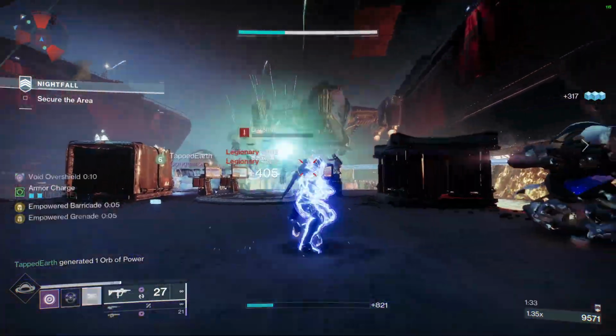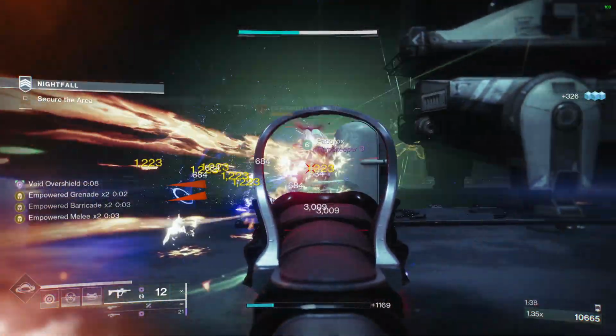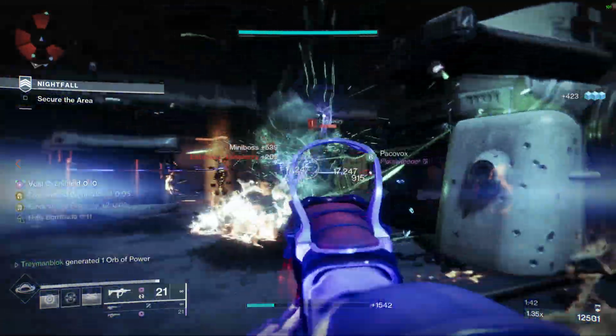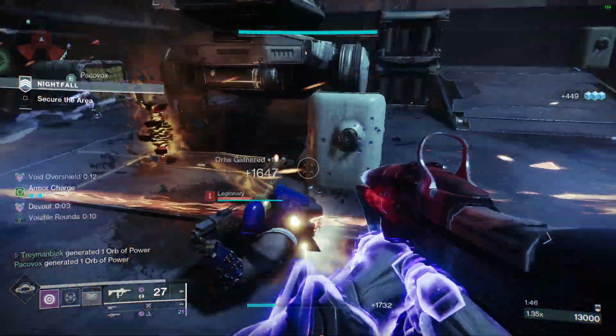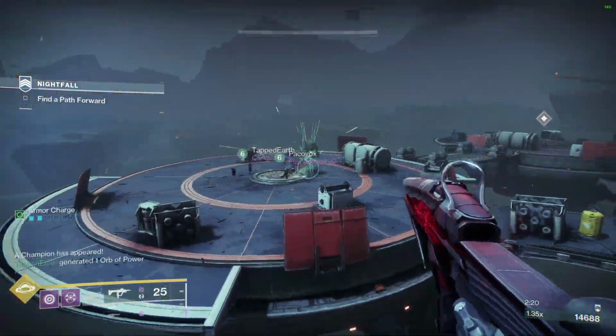Tied to the barricade, we also have mods that reduce its cooldown even further. For example, Bolstering Detonation and Focusing Strike, allowing us to get our barricade even faster, which then would provide energy back to our melee and grenade ability. You guys can see where this is going. However, when you thought that the rotation was already very solid, we still need to take a look at our